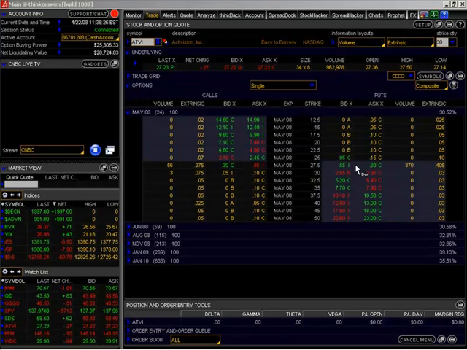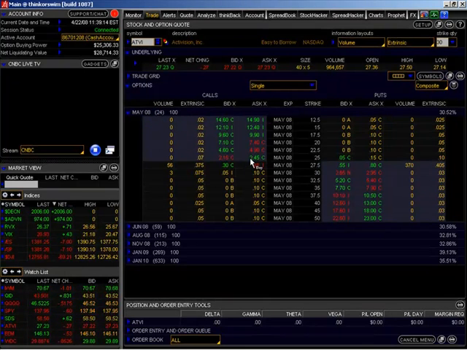Because there are only two absolute rules of the option markets. Those two absolute rules are, number one, prices will fluctuate. Yes, the underlying price of the stock will fluctuate and the individual option prices will fluctuate. Number two, the only other absolute rule of the option market is that these contracts will expire. Any option contract that you buy on any stock will expire at a certain date in the future. The May options that we're looking at right now expire, and we have the expiration date right here, in 24 days.